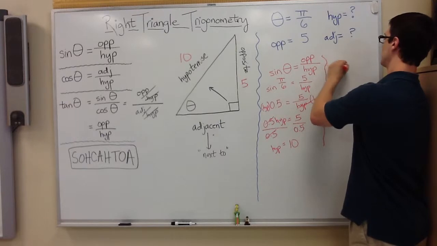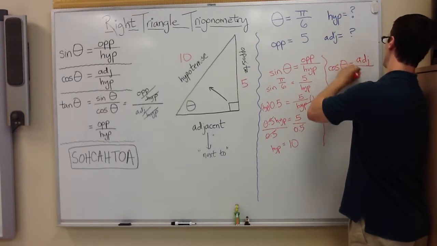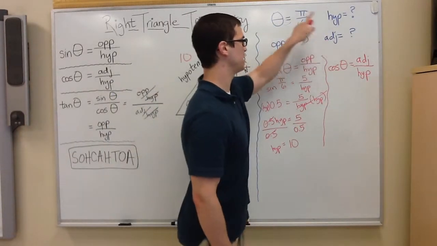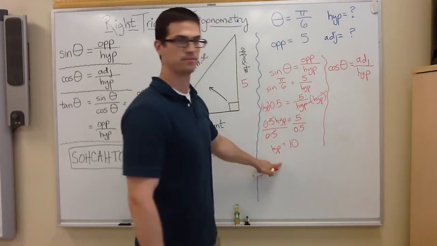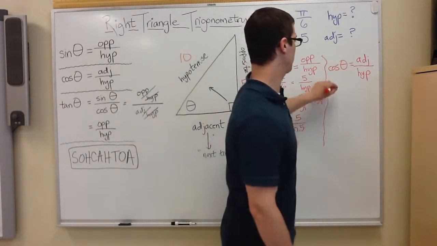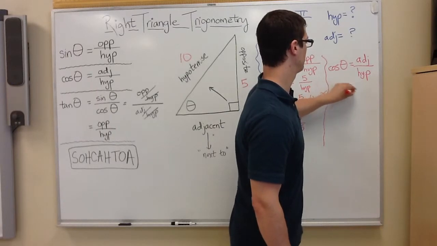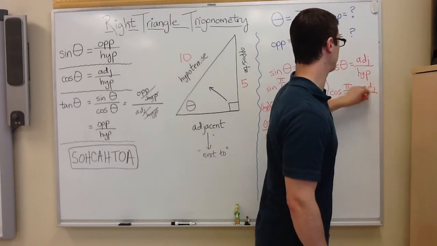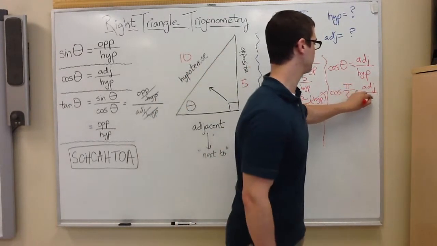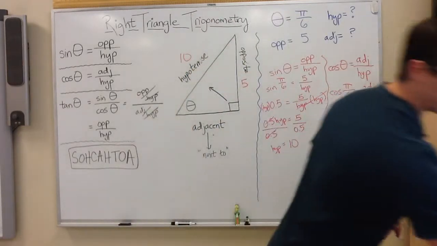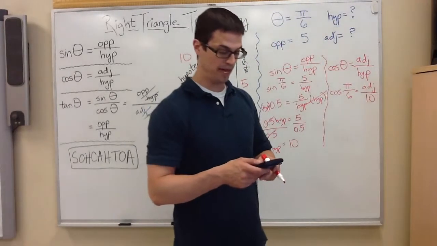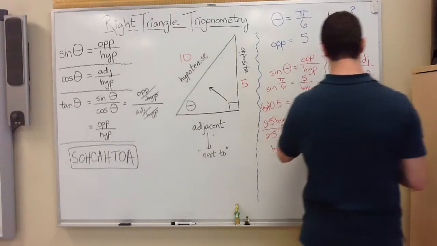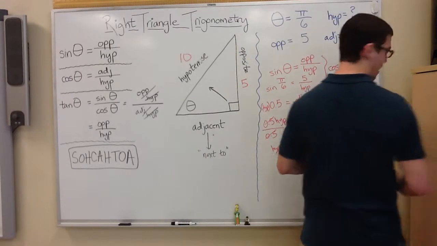This time I'm going to use cosine theta equals adjacent over hypotenuse. Okay? Because this ties together the theta, adjacent, and the hypotenuse, which we know right here. Okay? From there, I'm going to fill in the angle measurement, which is pi over 6, equals the adjacent divided by, now this time our hypotenuse is 10, so I'm going to put a 10 in here. Okay, we're going to need our calculator again, so we're going to do cosine of pi over 6, and I end up with 0.866, so I'm just going to write 0.87 to round,